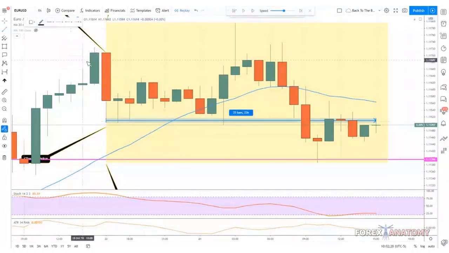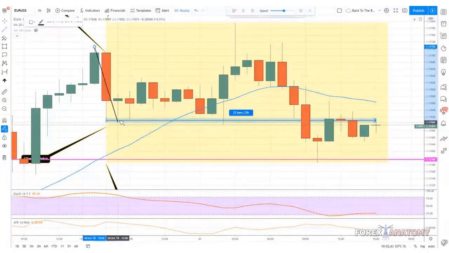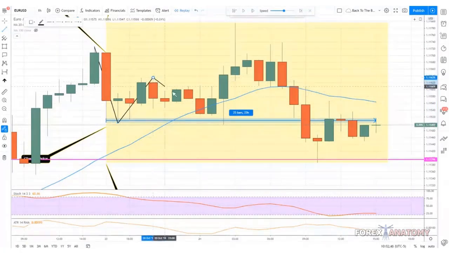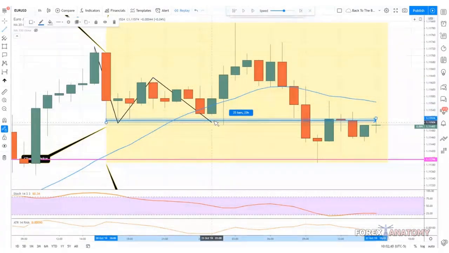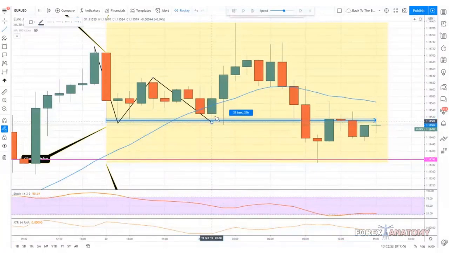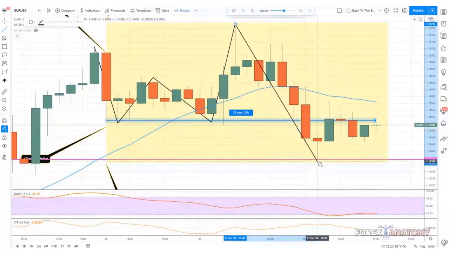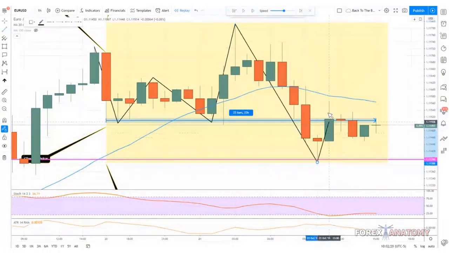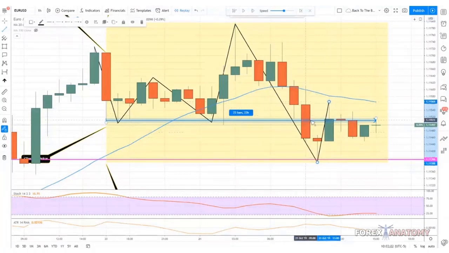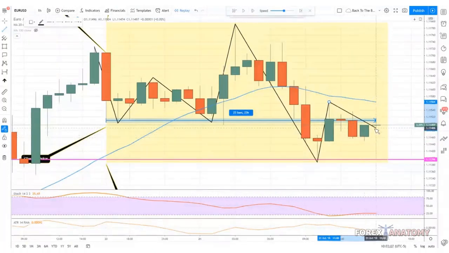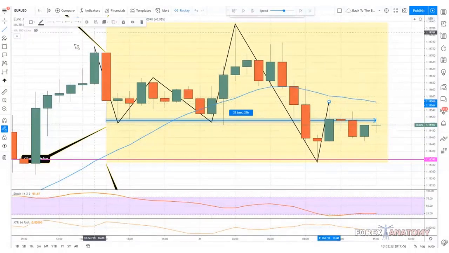But price went down, right? Then from here, it pretty much went up. And then it tested this area again, down. And then it went up. And then it fell all the way down. And then it bounced from there. And then it went up. And then you can see that price pretty much settled and closed right around here. But that's really how you define what really happened. So then right here, we see that we have this price action.